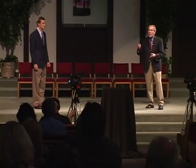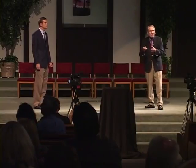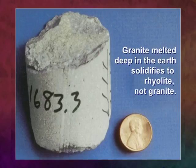There's no resemblance. And remember this, that in the original granite, there are these primordial polonium halos. Guess what happens when granite is melted? Granite is melted and resolidifies like this, or like this piece of rhyolite. There are no halos whatsoever. The work of creation is gone completely. So 22 years down the road now,